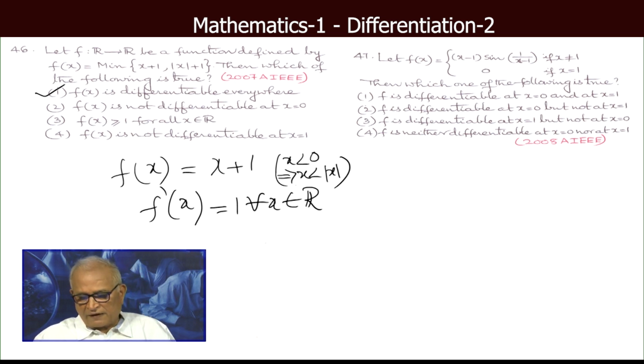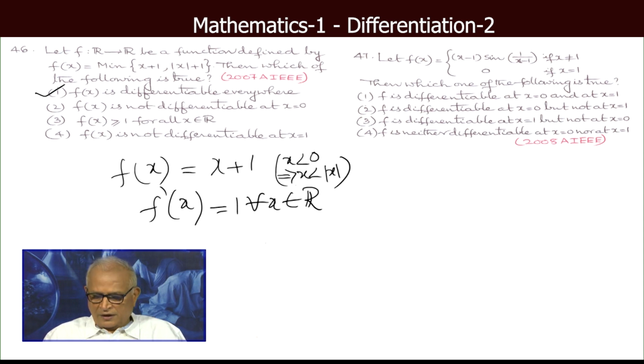47. f(x) equal to (x minus 1) into sin 1 by (x minus 1) if x not equal to 1. x not equal to 1 అయినప్పుడు x minus 1 కి డెరివేటివ్ 1. x not equal to 1 అయినప్పుడు sin 1 by (x minus 1)కి డెరివేటివ్ కూడా ఉన్నాయి. ఇది కూడా EAPCET పేపర్లో ఇచ్చారు 2008లో. sin 1 by (x minus 1) డెరివేటివ్ ఎంత, cos 1 by (x minus 1) ఇంటూ డెరివేటివ్ ఆఫ్ 1 by (x minus 1)